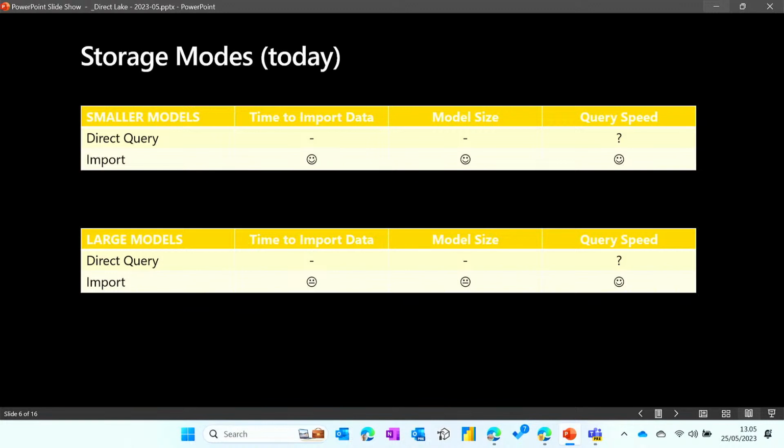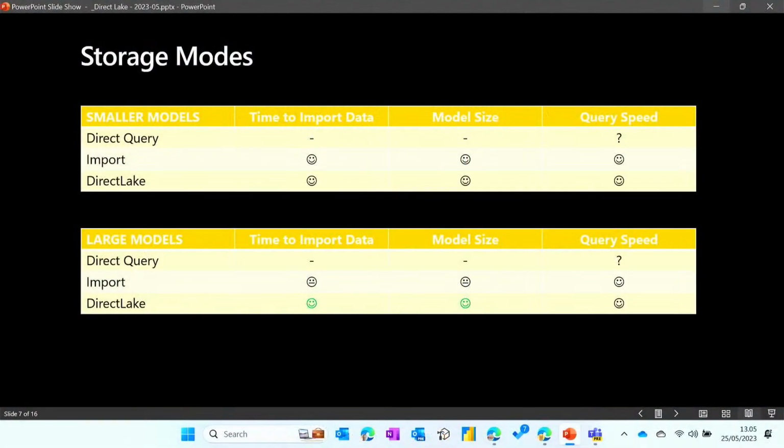For smaller models, import mode works great. But when we grow to larger models, maybe hard to see in this slide, the smiling faces for time to import and model size are not smiling a lot for large models, because it can take a long time to refresh your dataset, and there's a limitation on how much data you can actually have in memory in Power BI. So if we go to the DirectLake mode instead, then we are happier because it still works